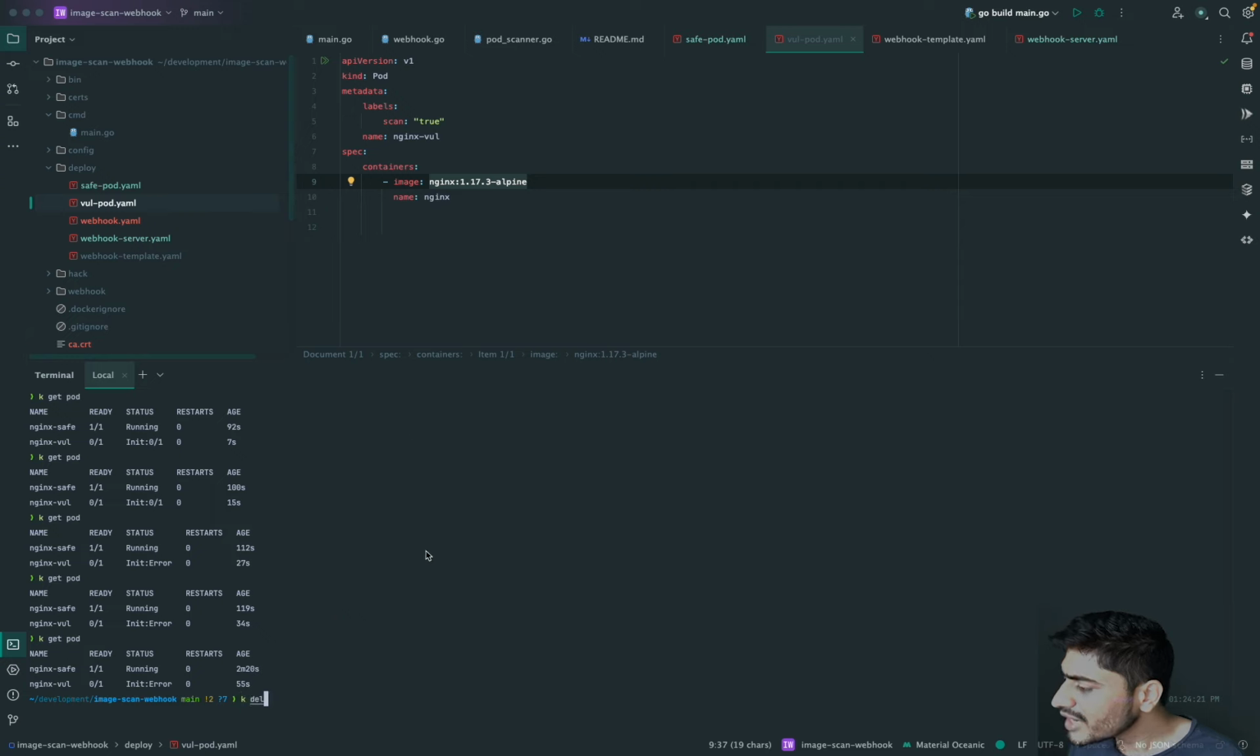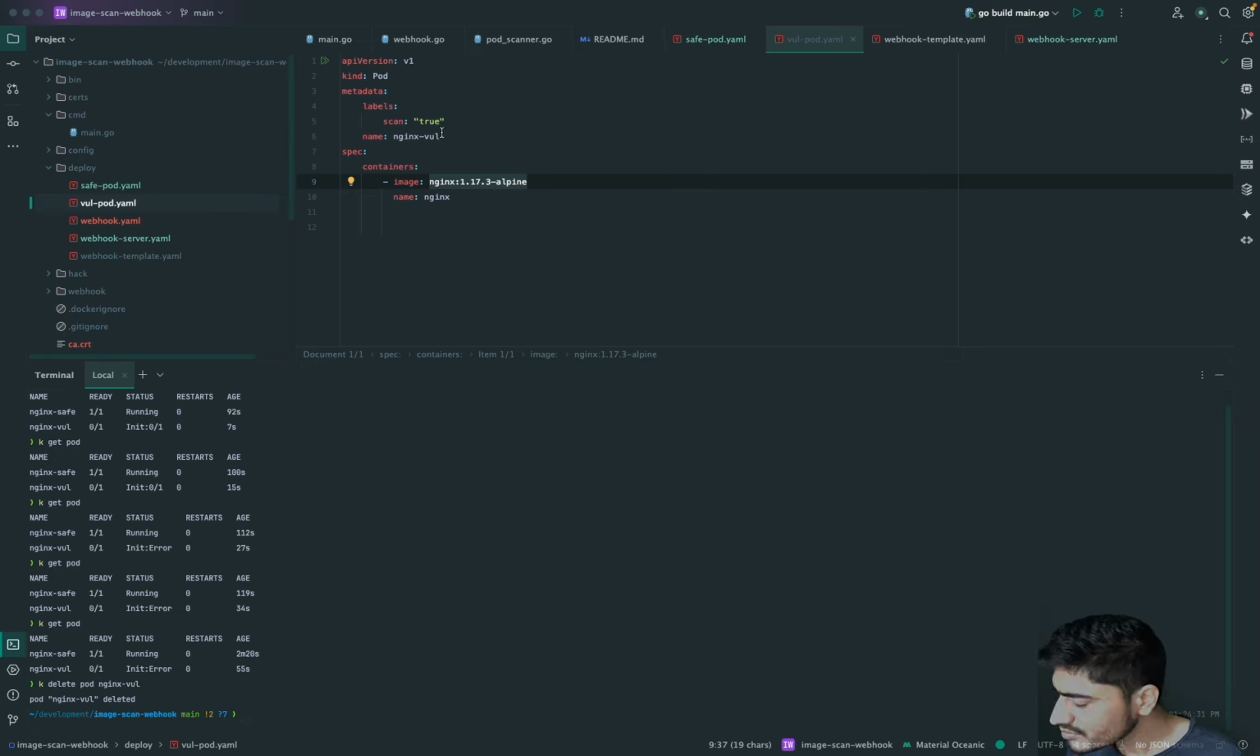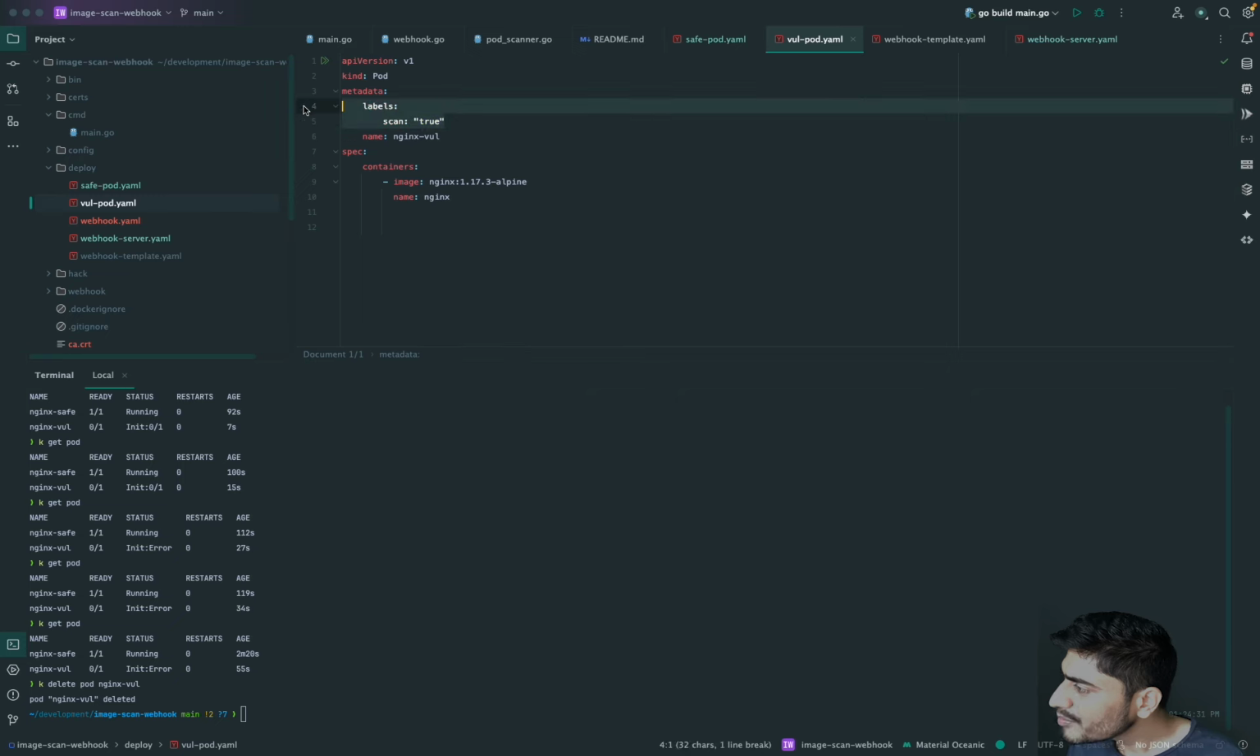And let me do one more thing. Let me just delete this pod. So now what I'll do, I'll simply comment out this label just to showcase to you that since this label is not available here, this will not get triggered by the webhook, and this request will never reach the webhook server, and there will be no init container and no scanning will be performed on this particular container. So if I just do apply,